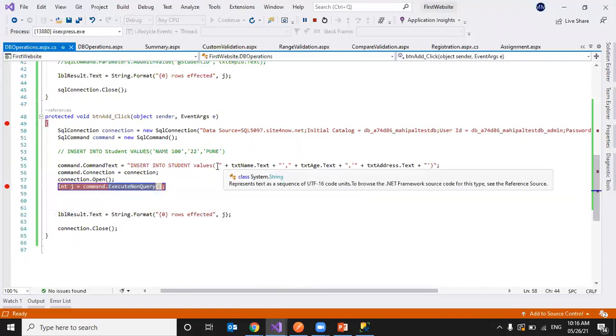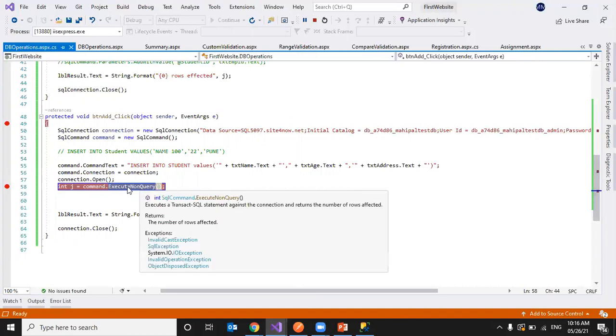When we did not specify the single quotes, it returned an error when executing this method.